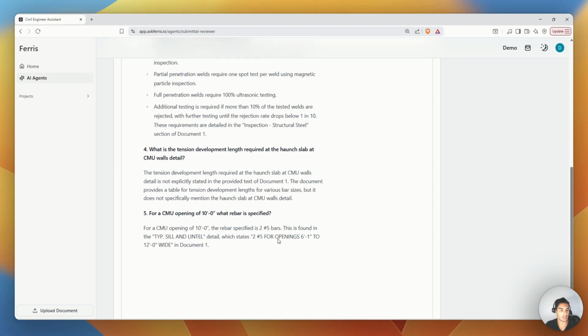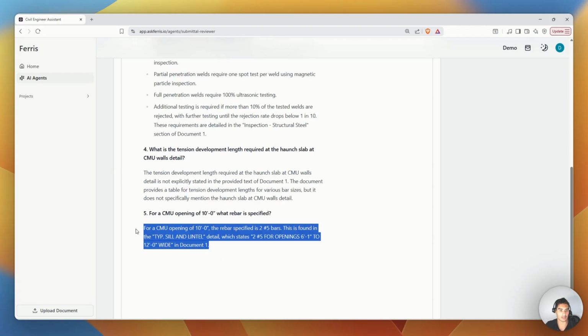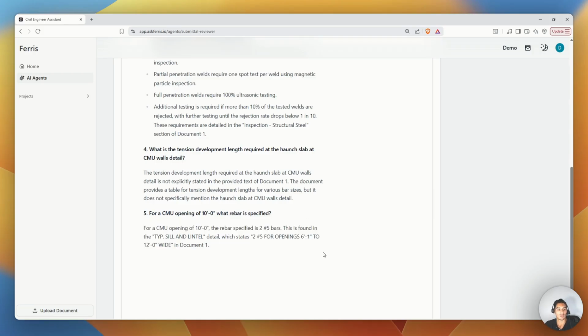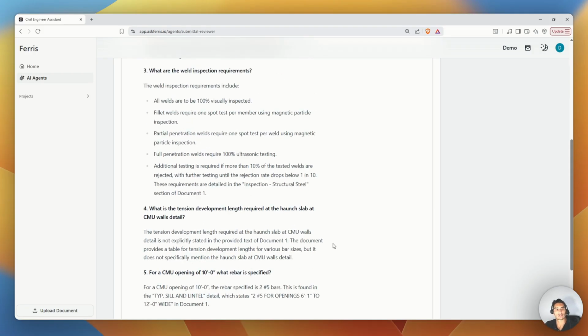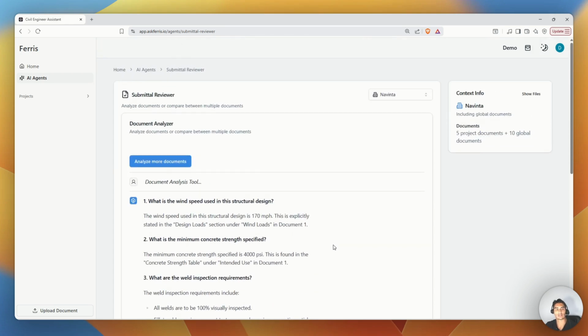And then the last one here is giving us the proper bar sizing for this CMU opening. So these are the types of submittal reviews that you can go ahead and do. Again, saving your prompts and having these prompts handy so that way you're seeing multiple types of submittals that you need to review, and all that you need to change is the data that you're checking against, and you'll craft that prompt so you know exactly the logic checks and things you want to be looking for within these submittal